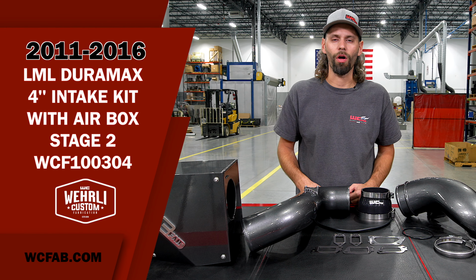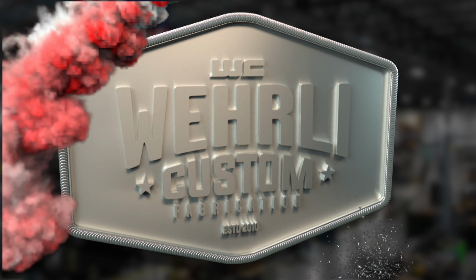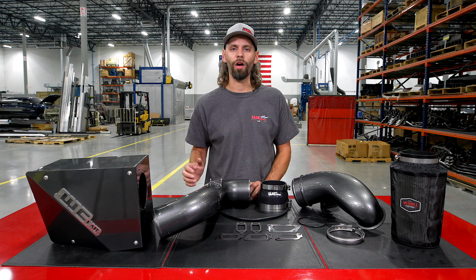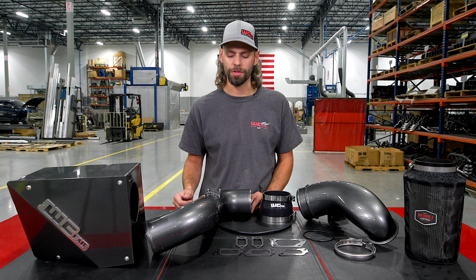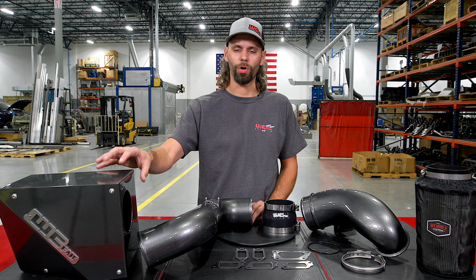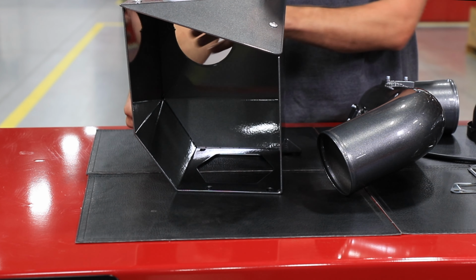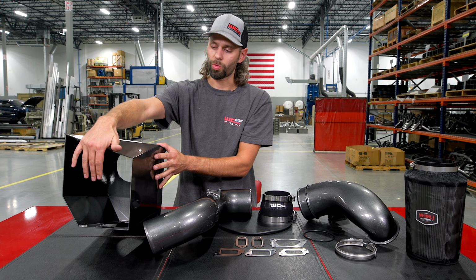Today we've got our LML Duramax Stage 2 High Flow Intake Kit. So we've offered a 4-inch intake for the 11 to 16 LML Duramax for many years. Recently, we went back to the drawing board and redesigned our intake to incorporate our nice sheet metal fabricated aluminum box. Formed from 100,000 stick aluminum, we have the airbox open to the fender, which is where the factory airbox